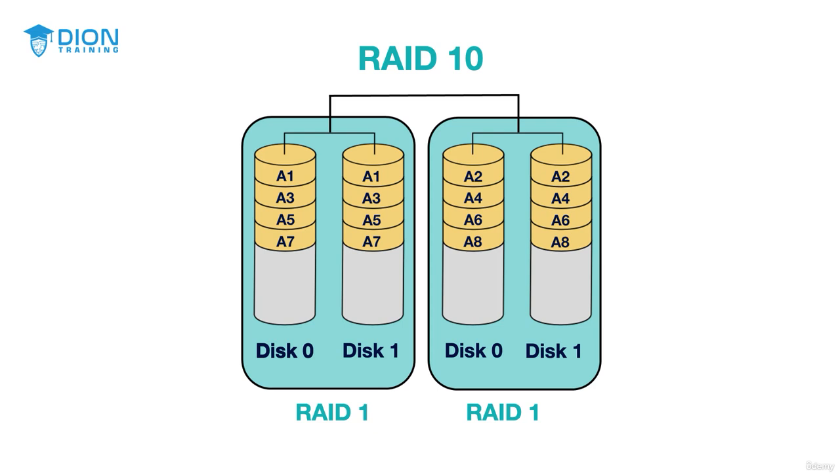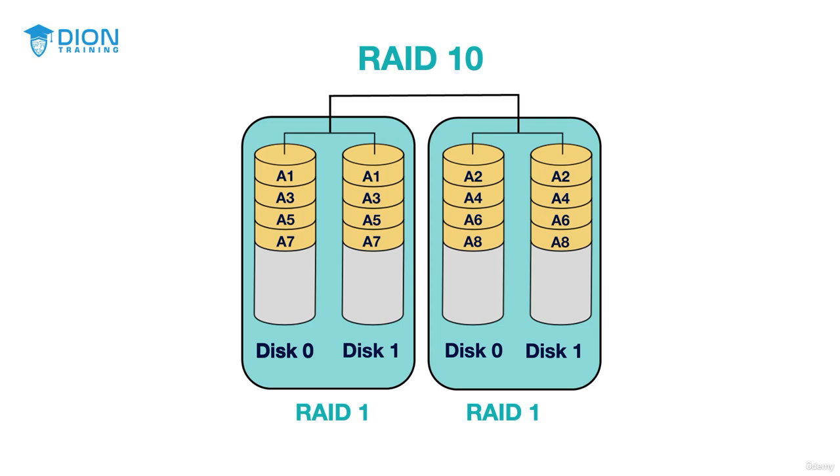Now, a RAID 10 can support the loss of up to 2 of your storage devices and still be able to rebuild the data without suffering from any downtime, as long as the loss of the storage devices are not both located in the same mirrored array. So, if you lose one storage device from each mirrored set, that's fine. The RAID 10 will continue to operate without any issues, but you will have lost your fault tolerance capability if you lost a drive from each set of the mirrors,